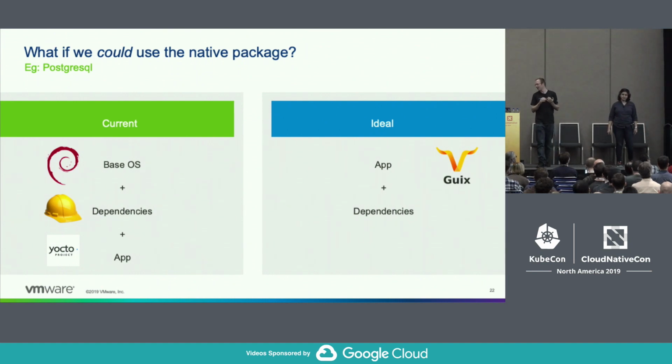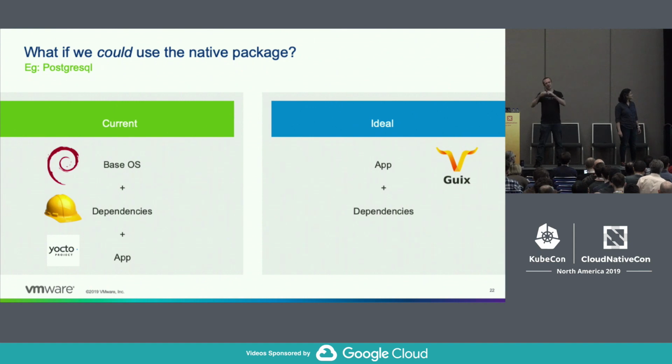So for the Debian, Buildroot, and Yocto Project tools, we can start off with a minimal base operating system, install our packaged application and all of its dependencies, and get a smaller container image with less bloat and a smaller attack surface. But Guix has this really nifty command line option called guix pack. And what that does is it takes an application, gathers all of its dependencies, and packs it into some distributable